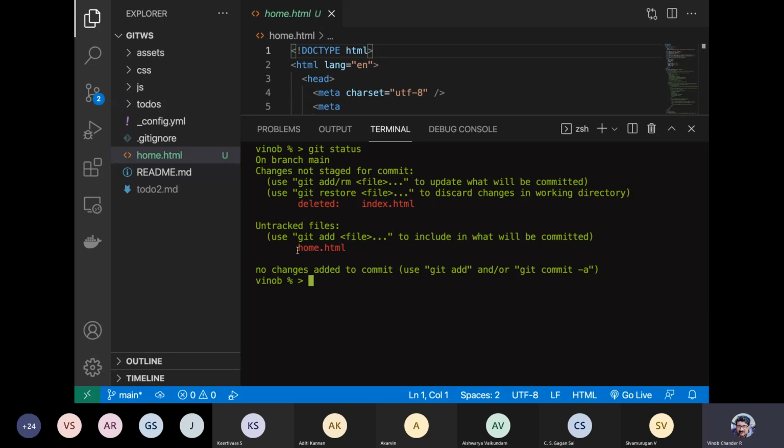This is how renaming typically works in Linux-based systems. Renaming is essentially a two-step process. You delete the old file and then you have your new untracked file called home.html. So this is how you do a rename manually. After you have renamed this, you can then add it and then commit it.